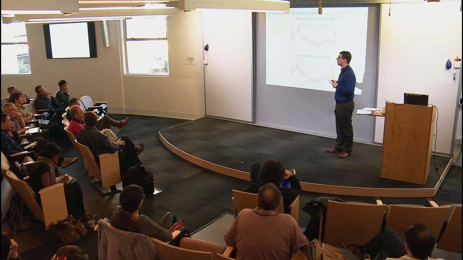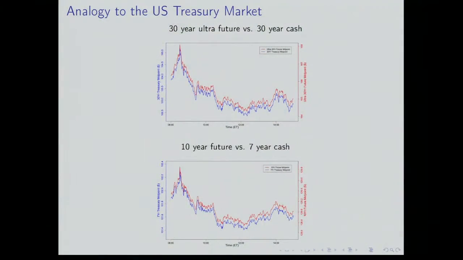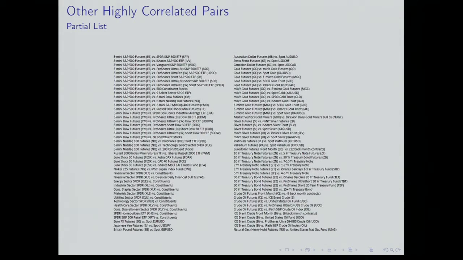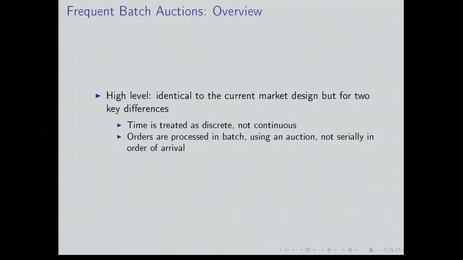So here's Treasury markets. High frequency data isn't researcher available in Treasury markets. Here's a list of other highly correlated pairs that we put together kind of for fun. But they're probably much lower liquidity than SPY and the minis, right? Yes, SPY's a big one. I agree. I'm just wondering whether the total market share, let's say, is more than $1 billion a year. Yeah, I would be comfortable betting on that.